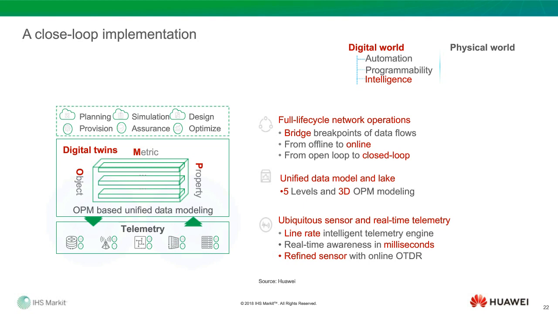So I would say streaming telemetry is the key, and all the Huawei devices have embedded capability to push the data out to NCE, and NCE uses the modeling to rebuild this physical world as a virtual side. Then we can build applications on top of it. This is also how Huawei implements what we call closed loop, because based on the OPM model we build a digital twin, and based on that we use algorithms to generate a lot of applications on it.